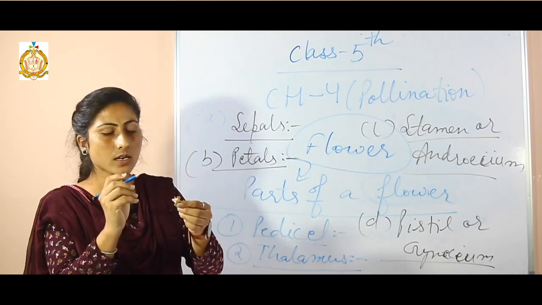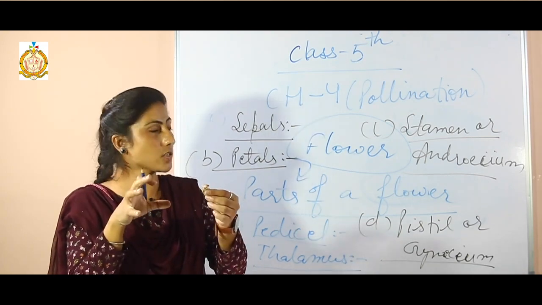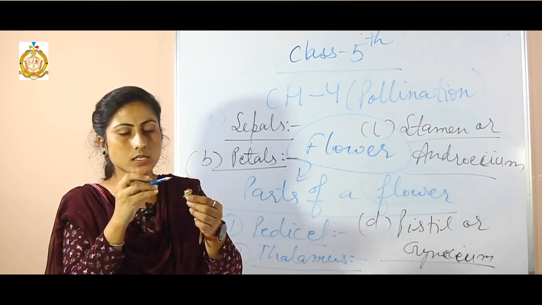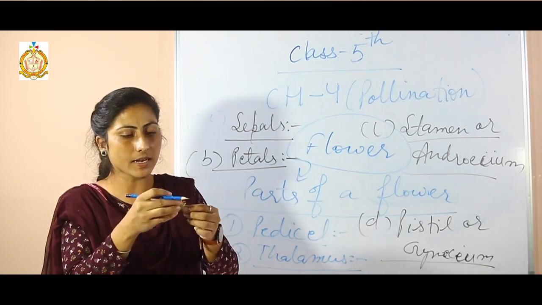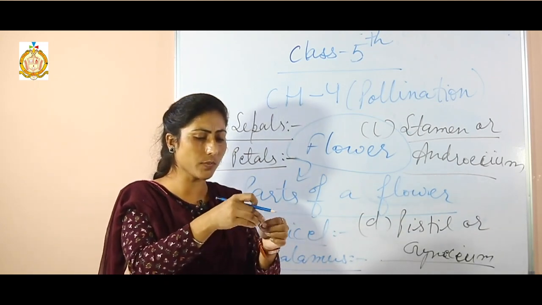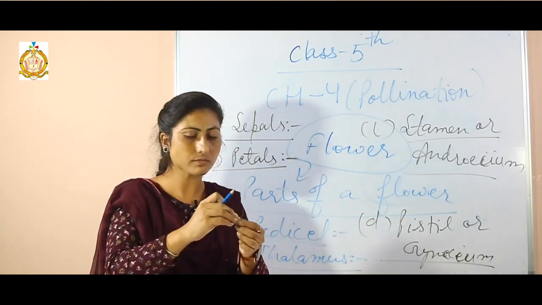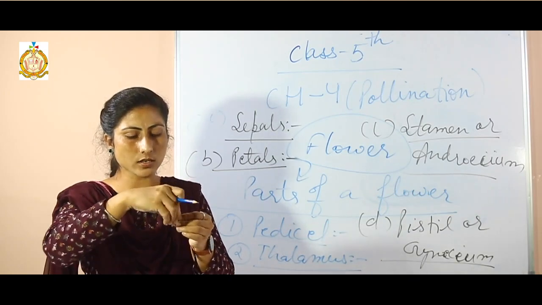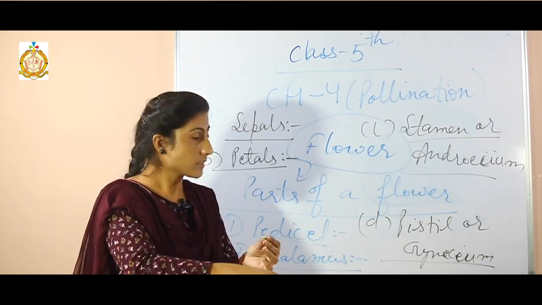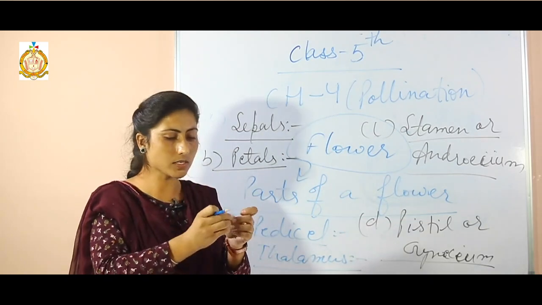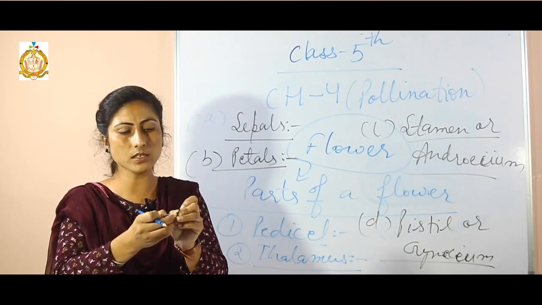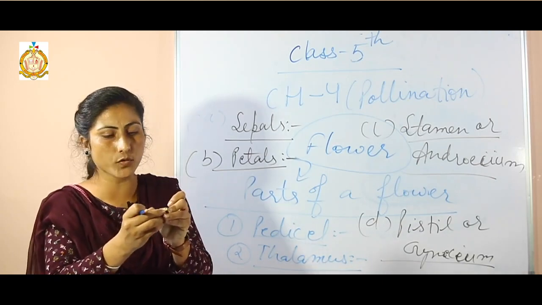Students, you can observe the parts of the flower at home. Take a flower and observe all the parts of the flower. Next, after that there is the female reproductive part of the flower. Stigma, after that the tubular structure you will see is the style, and after the style inside there is an ovary. You can see there is an ovary that has ovules.